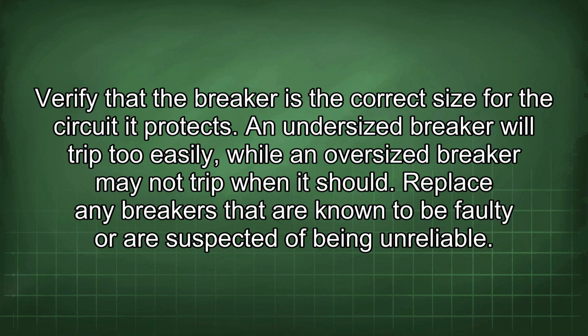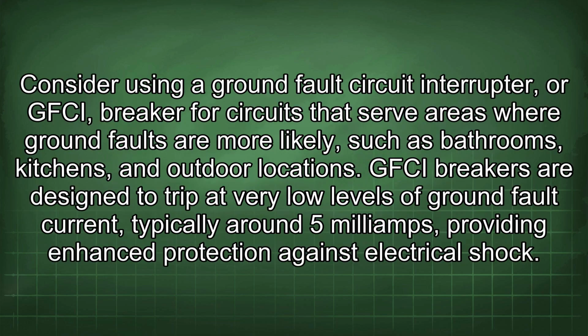Replace any breakers that are known to be faulty or are suspected of being unreliable. Consider using a ground fault circuit interrupter, or GFCI, breaker for circuits that serve areas where ground faults are more likely, such as bathrooms, kitchens, and outdoor locations. GFCI breakers are designed to trip at very low levels of ground fault current, typically around 5 mA, providing enhanced